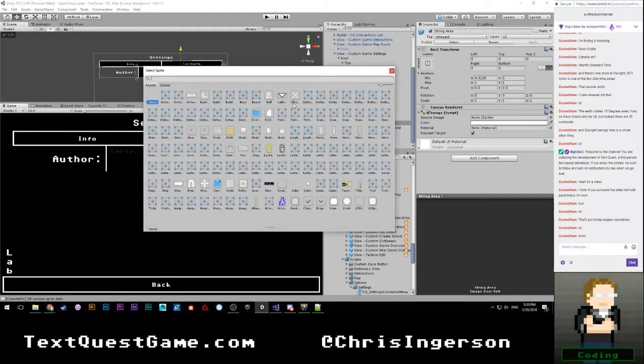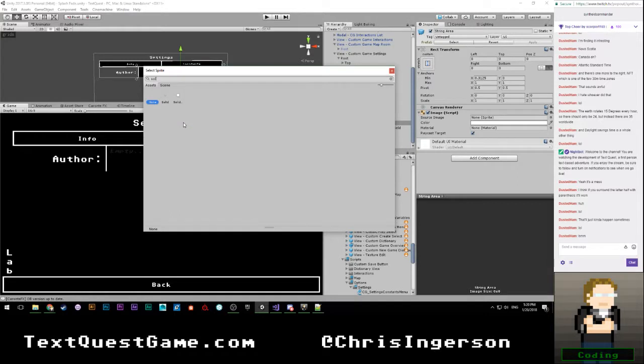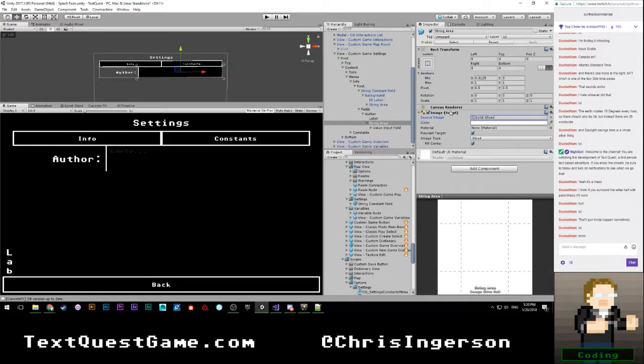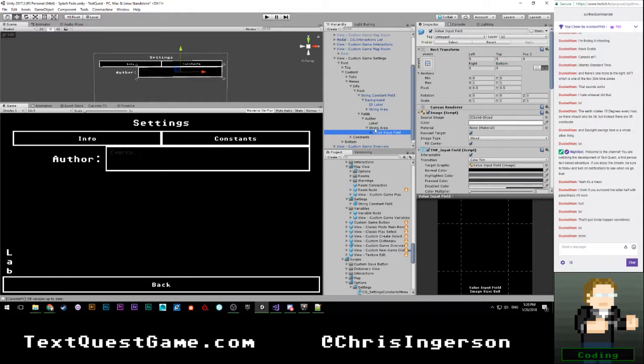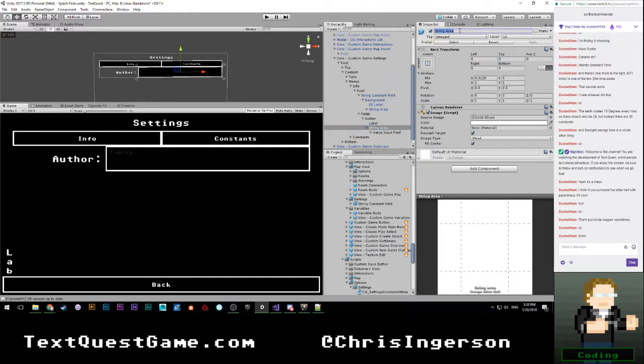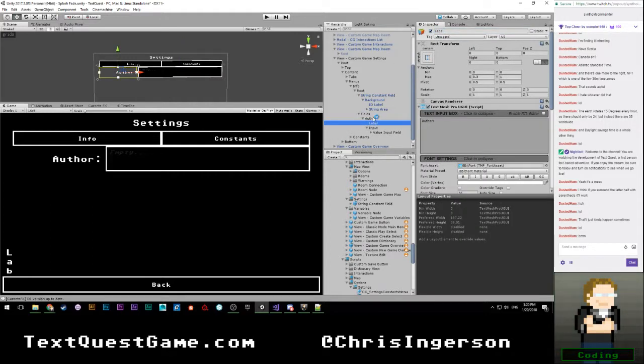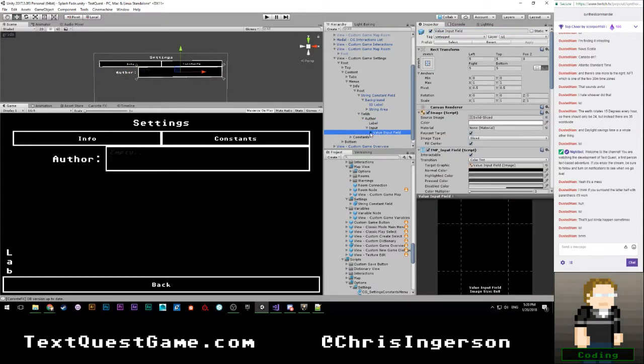Make it solid, of course. And then we're going to change our value input to be 5 all around, like that. Okay, let's go ahead and rename that to input. And, oh, I should probably call that author input field.